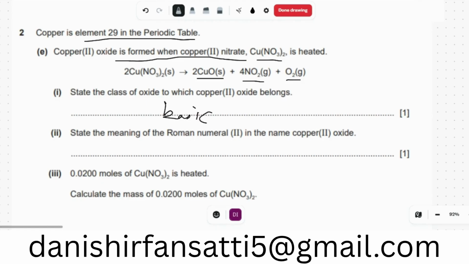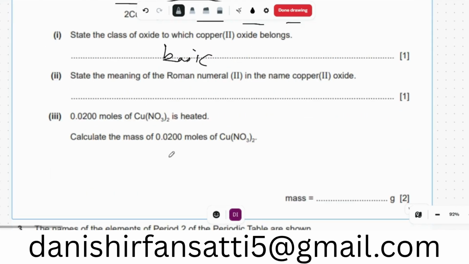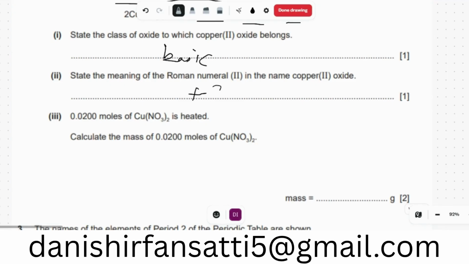now state the meaning of Roman numeral II in the name copper(II) oxide. So that means that copper has a charge of plus 2. Okay, so